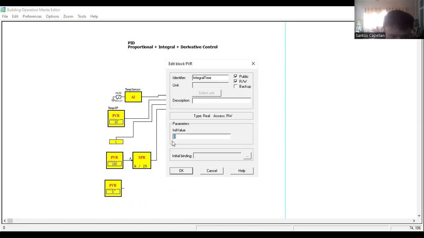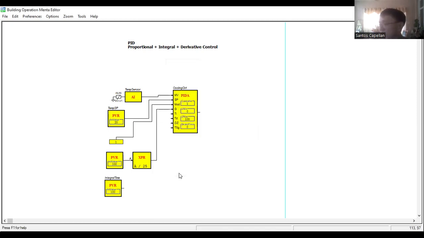Okay, I will set it to 100. Okay, so let me continue. So for the integral time, I set it first in the...